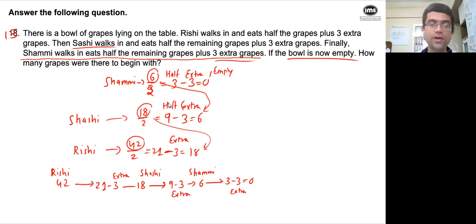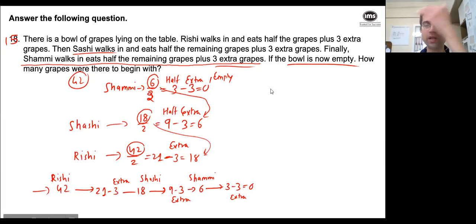What a journey of eating grapes. Yeah, correct. So very grapey journey. So how many grapes were there? 42. Right? Very self-explanatory one. Go through this, but this question has only been introduced with an intent to tell you that some questions should be started from the end and you should reach the beginning. It need not always be a unidirectional journey. Right? Nice one, interesting one.